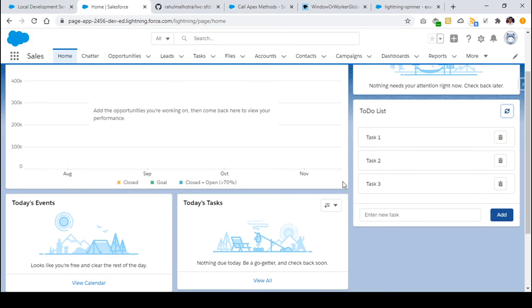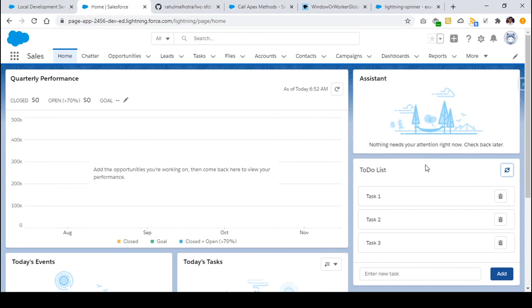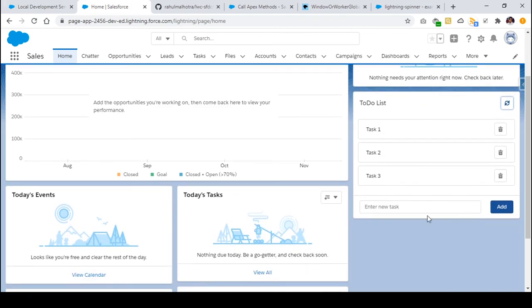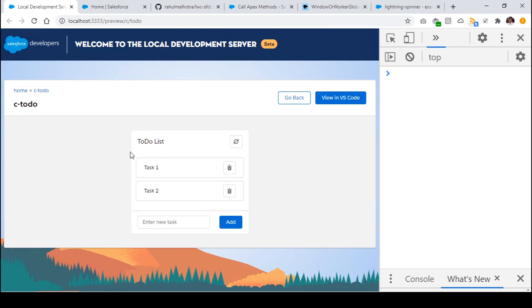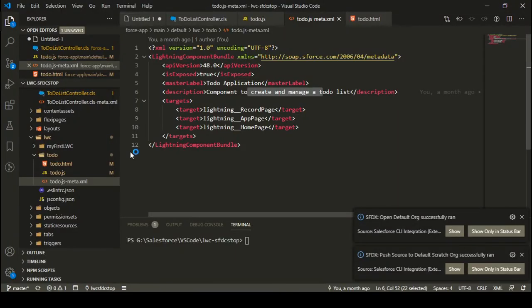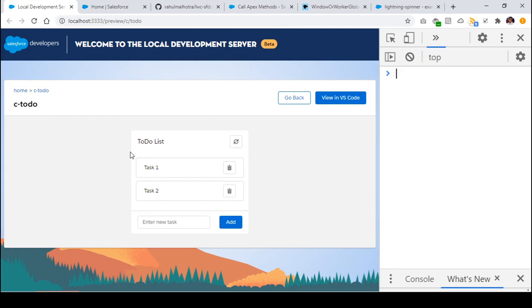Okay, so that's all for this particular to-do list application series. I hope you liked it, and we were able to create a to-do list and learn a lot of things in JavaScript by building a small project. And yeah, that's all for these tutorials. Let me know your feedback in the comments down below, and I'll see you in the next tutorial where we'll learn about some other concept of LWC or maybe something else.